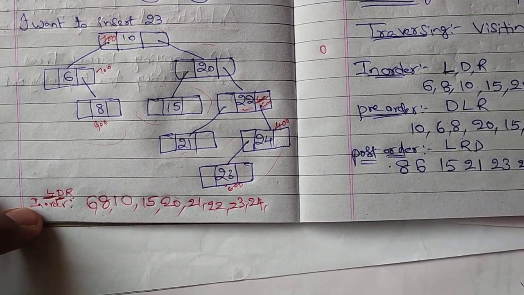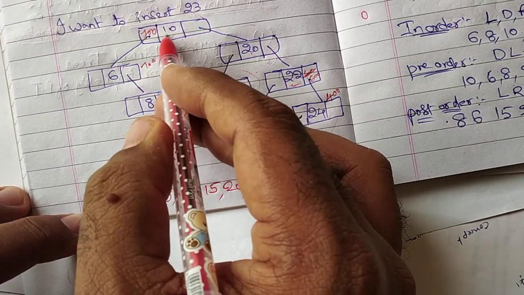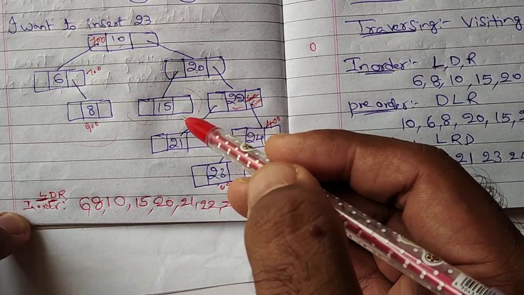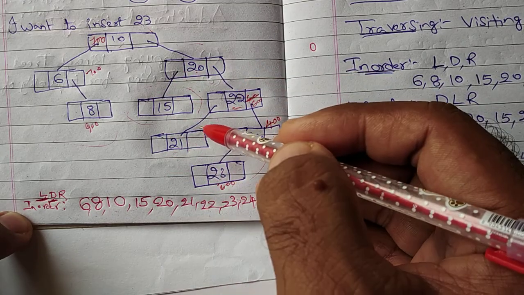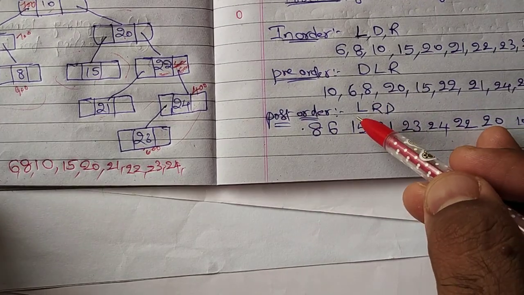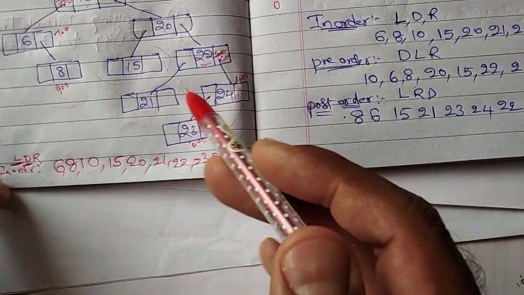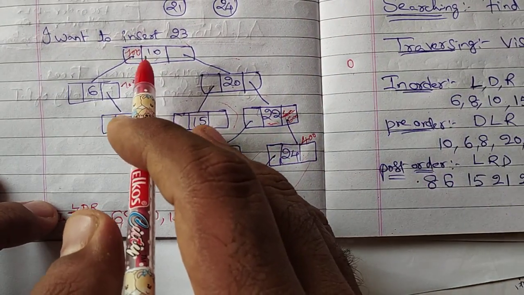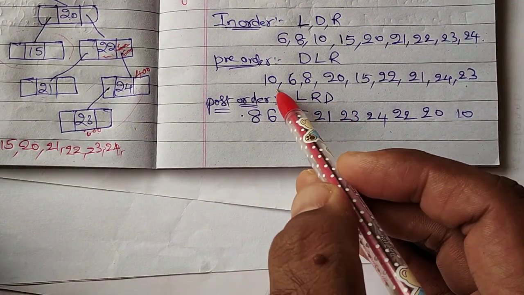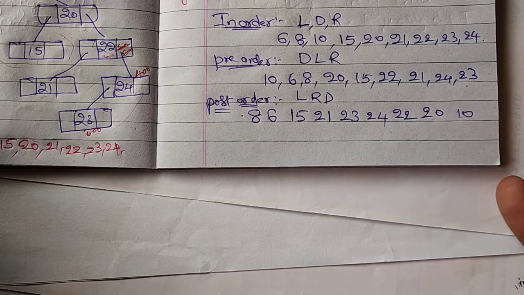Okay. Next, pre-order traversing. Pre-order means first we have to visit the data node. Visit data node. Next only left and right. Same way, if you get any other subtrees internally, apply the same rule. Okay. Next, post order is also first visit left side, then only right side, and last you have to visit data nodes. So if you have any doubts, so see, this is the order. Please do practice. If you have any doubts, please put in comments.